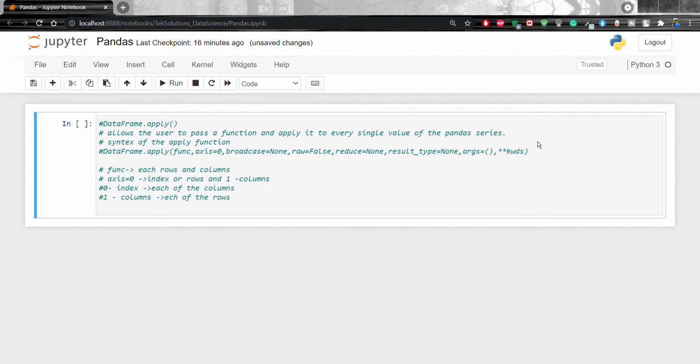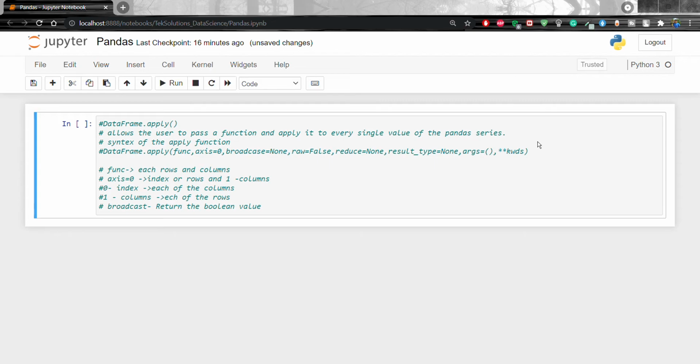The next one is broadcast. What will broadcast do? It is an optional parameter that returns boolean values. We have two values here, False and True, that we can pass in broadcast. What will False do? It returns a Series whose length will be the length of the index.